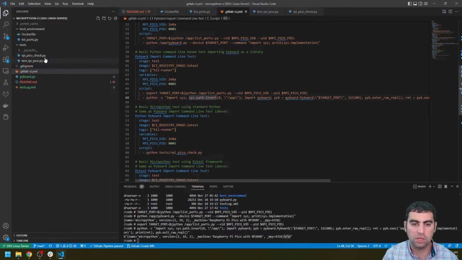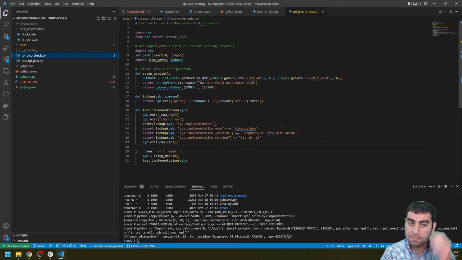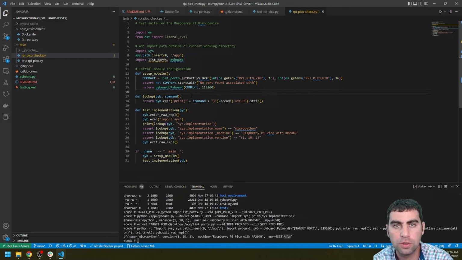So I've written a script called Raspberry Pi Pico check. What this is doing is I've got a few functions, but basically I'm setting up my environment over here, just grabbing the COM port. Again, I've got the vendor ID and the product ID. I don't know what COM port it's on, and I don't want to manually input it, so I'm using this utility to look it up for me. And this assumes that you have only one Pico device hooked up to your computer. If you have multiple, then it can get a little complicated,